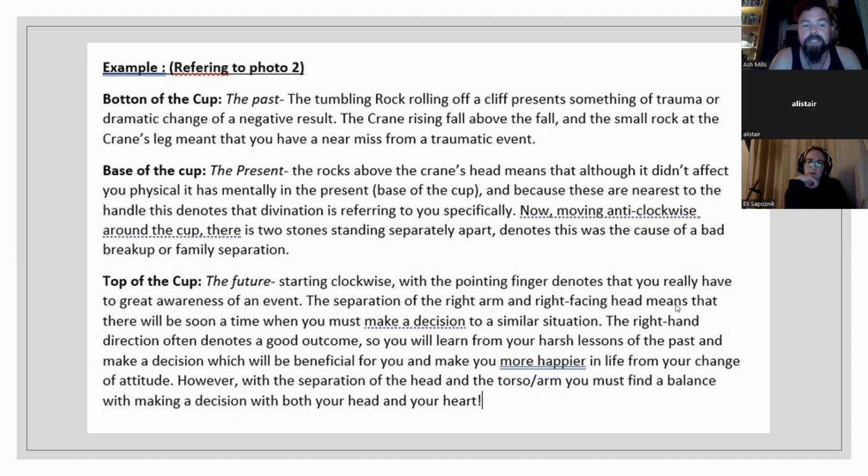This is because the nearest to the handle denotes that the divination is referring to you specifically. Now, moving anti-clockwise around the cup, there are two stones standing separately apart, denoting that there was a bad breakup or family separation. The top of the cup, the future. Starting clockwise with the pointing finger denotes that you have a great awareness of event. The separation of the right hand and the right facing head means that there is soon to be time where you have to make a decision